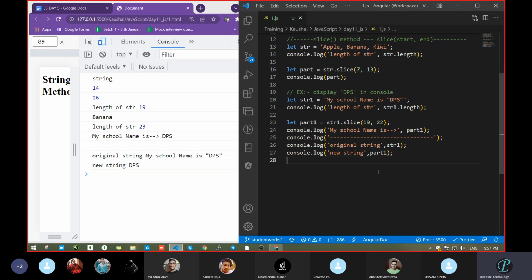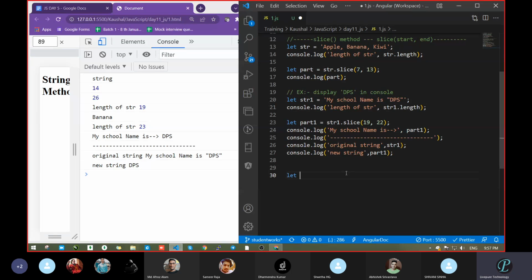Yesterday we had seen one thing: how to create the new string with the help of which keyword? The new keyword. We can create a new string, but what I had suggested is that for number, string, boolean, for all these things, we are never going to create a new string, because that is not good. It is going to slow down the process. So we are not going to create it, but it is automatically going to be created.